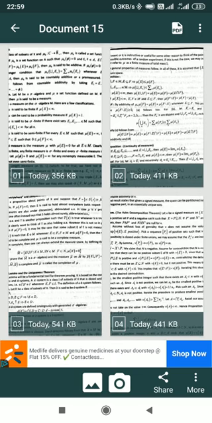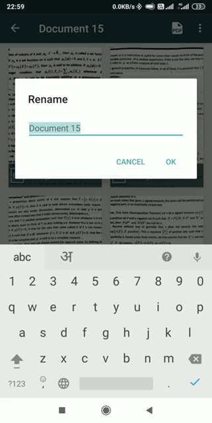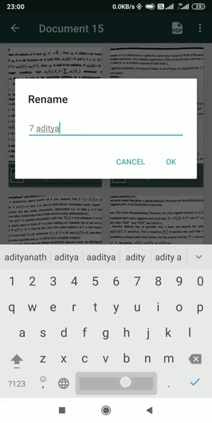Now in the top right corner में there are three circles over there, 3 dots. Click on those dots and click on rename option. जैसे ही आप रीनेम ऑप्शन को क्लिक करते हो, first thing is to erase it, and then the second thing is you have to type your class. That is, if you are studying in the 7th class, suppose it is 7th class, okay, and then there is a student who is sending this particular file name as Aditya. So 7 Aditya.